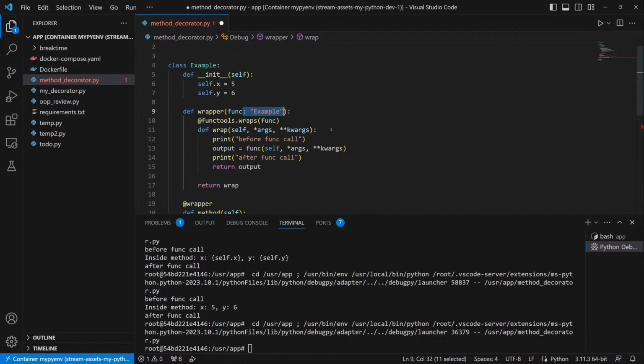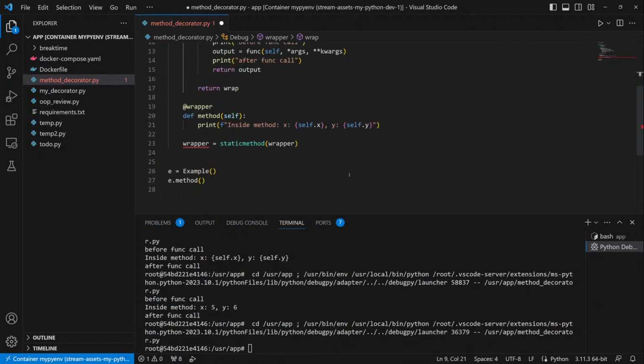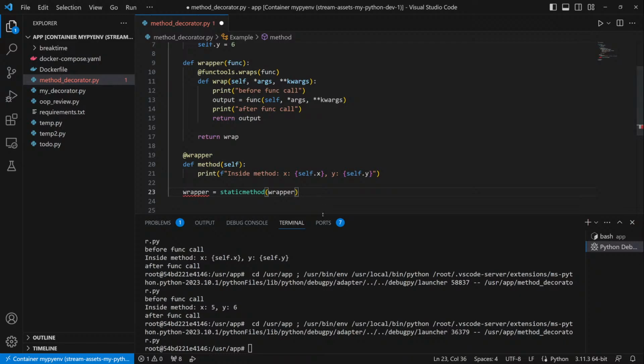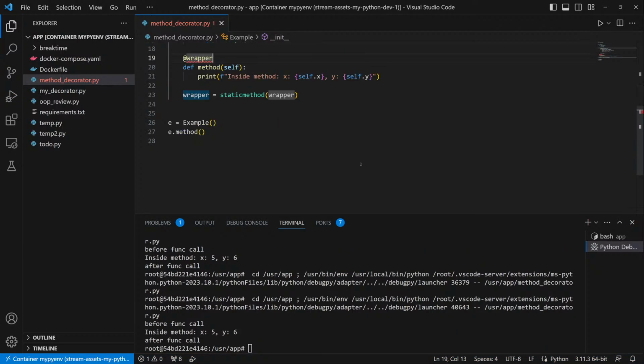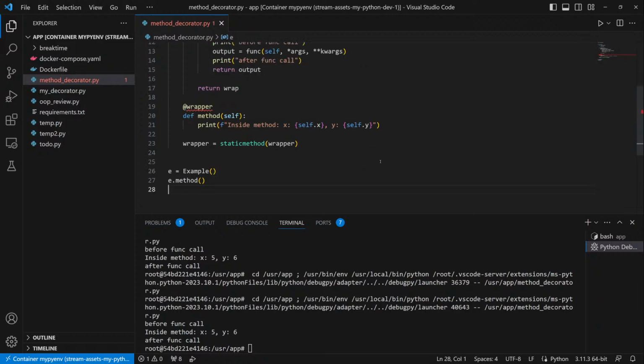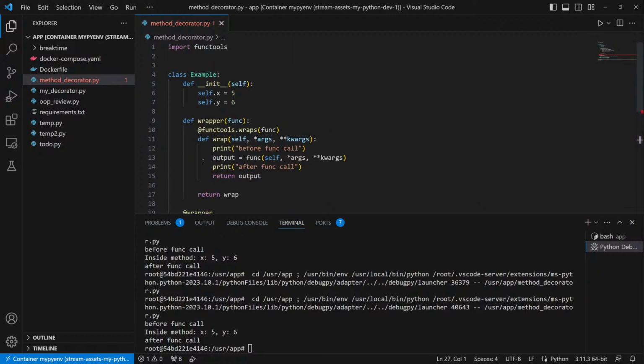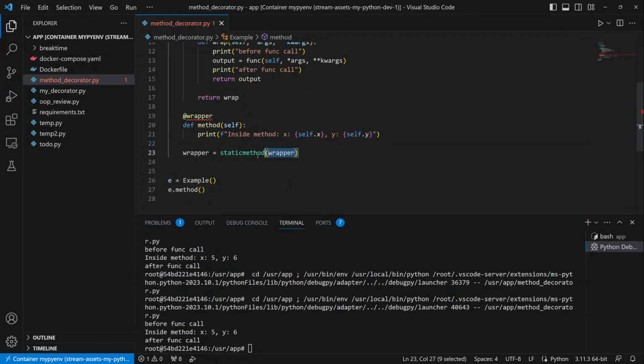Okay. Let's get rid of that. And then this wrapper equals static. So this comes after the decorator. So maybe that's actually important to it. Let's make sure we're running again. Yeah, we are running again. Okay. Now,